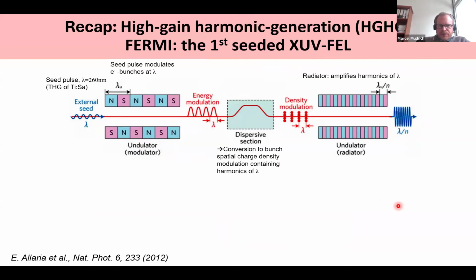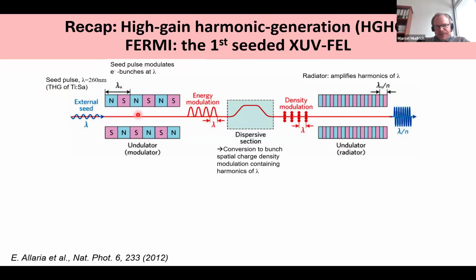In the EUV or XUV, extreme ultraviolet range, we can apply another technique, which is called HGHG, high gain harmonic generation. Here the trick was that we actually use an external femtosecond laser, which is usually just a conventional titanium sapphire laser, but converted to the third harmonic. Also quite common is to use an OPA, or optical parametric amplifier, to get tunable seed radiation, which then